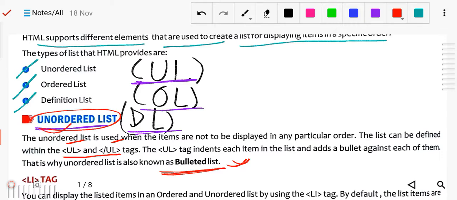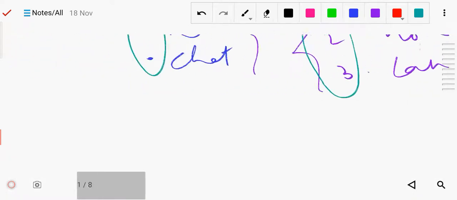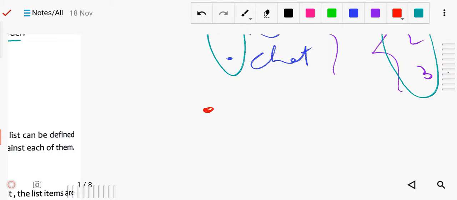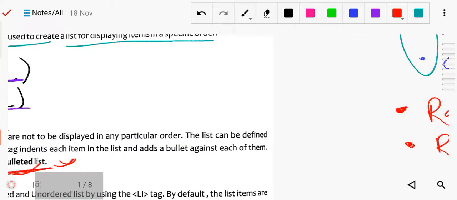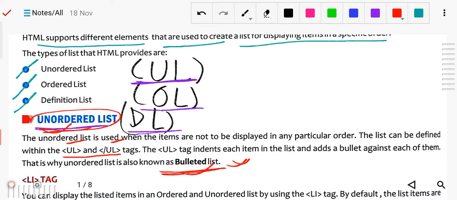If you have not defined the attributes, by default it will be shown bulleted, starting with a bullet. Suppose Ram is written, or Rohan; automatically it will start with a bullet. That's why the unordered list is also called the bulleted list.